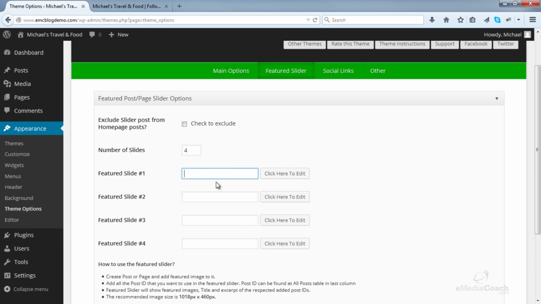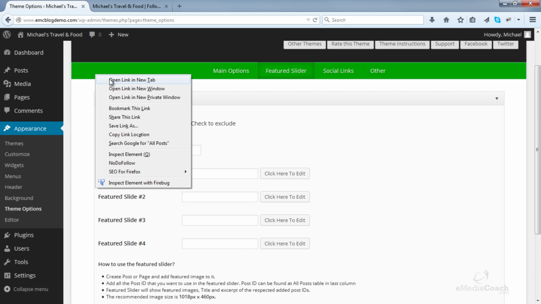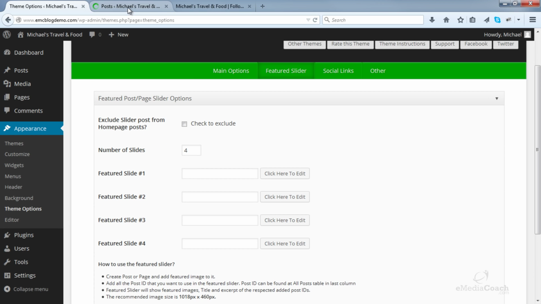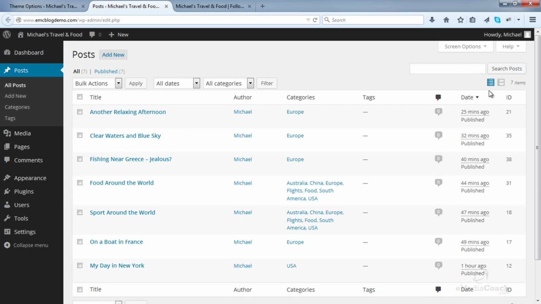Now in these 4 boxes, all you need to do is enter the post ID of the post and image you want to display. You can do this by going into Posts and All Posts. I'll just open it in a new tab in my browser. And you can see the post IDs in this right-hand column.